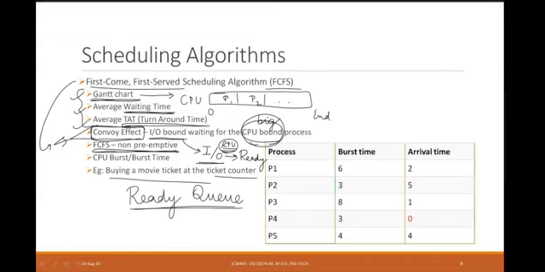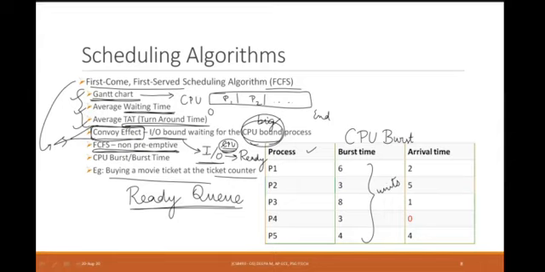Just go through this chart. We have 5 processes and a burst time. What is burst time? The time a process has to spend in the CPU is called CPU burst, or burst time. All of these are in some unit. We are not going to give the units. In case the units are given, use them. Otherwise, it can be any time unit, say seconds, minutes, hours, whatever.